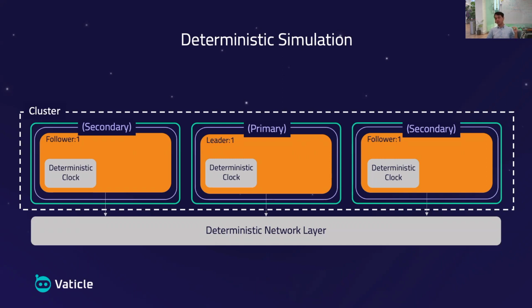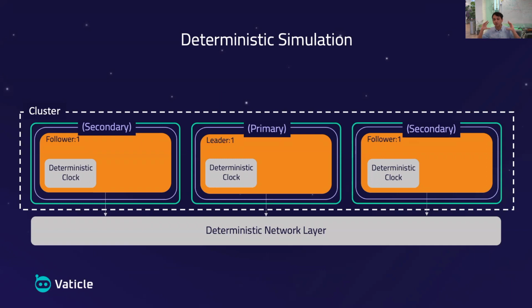In addition to the deterministic clock, we also have the deterministic network layer. And similar to the deterministic clock, what that means is that in order for us to simulate network failure, such as packet loss, packet duplication and packet reordering, right? These things can be simulated in a deterministic manner. So the deterministic simulation is really completely deterministic. And given a random number that you input into the deterministic simulation framework, it will allow you to run a simulation of, say, running a replicator for a couple of hours or days in a way that's completely deterministic.